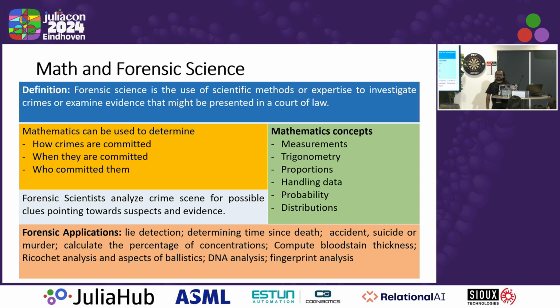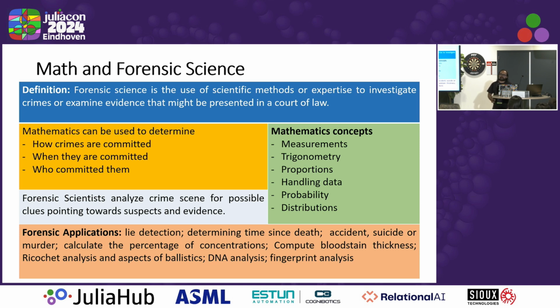When we consider forensic science, it's a highly scientific field, but a lesser known field. Not many people enter into forensic science. The definition of forensic science is that it's the use of scientific methods or expertise to investigate crimes or examine evidence that might be presented in a court of law. So the main objective of forensic science is to find out the evidence and present it in the